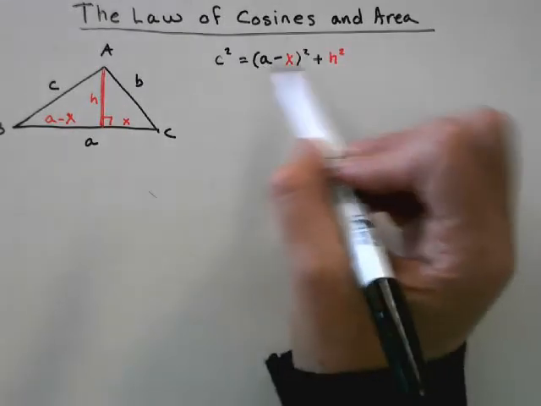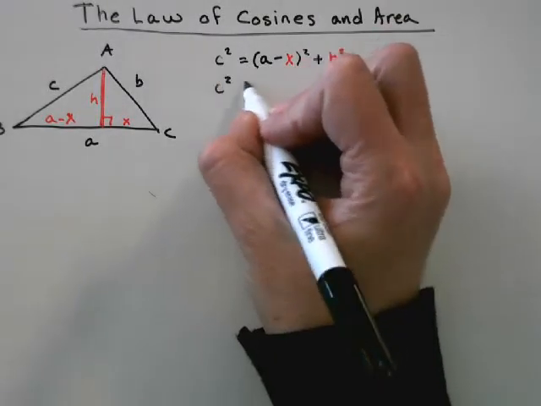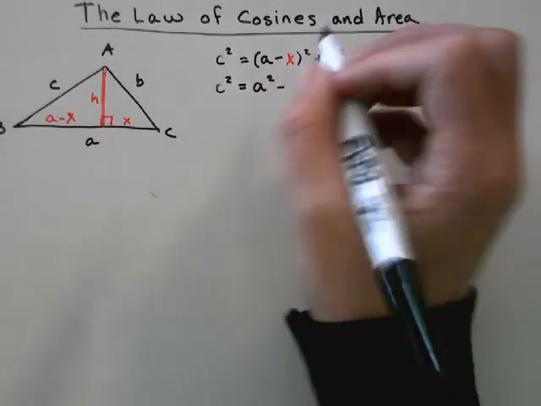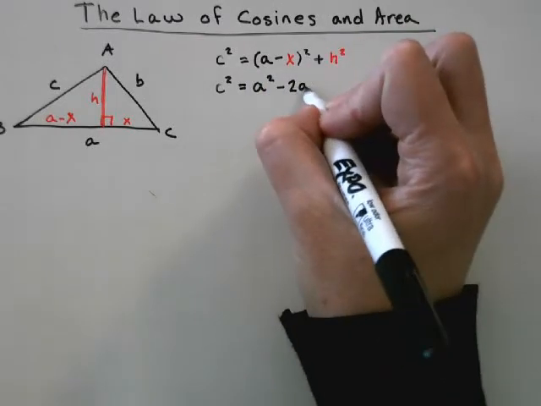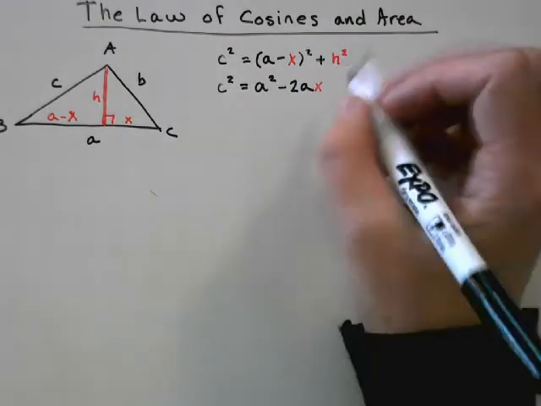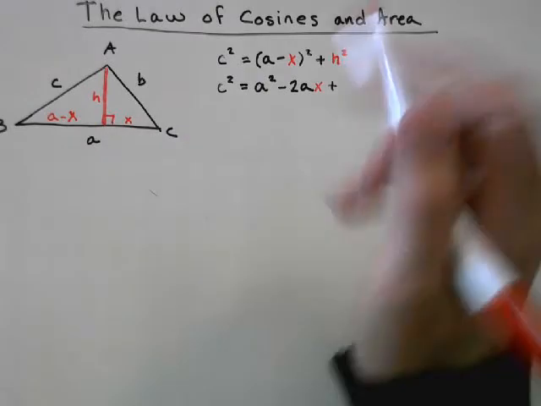So I'm going to go ahead and FOIL this out. So we're going to have C squared equals A squared minus 2AX plus an X squared